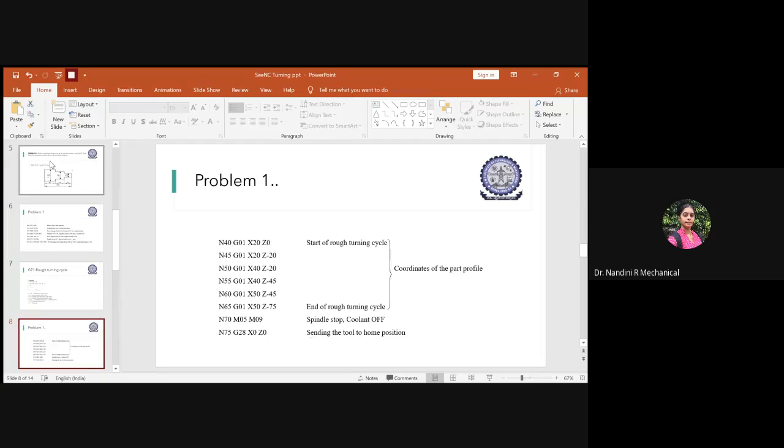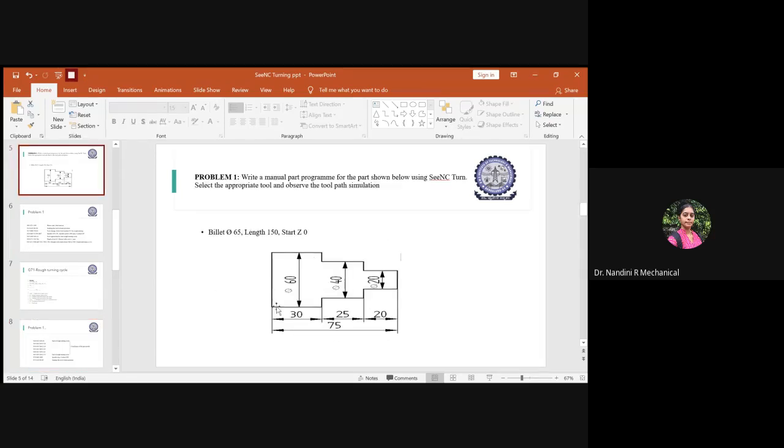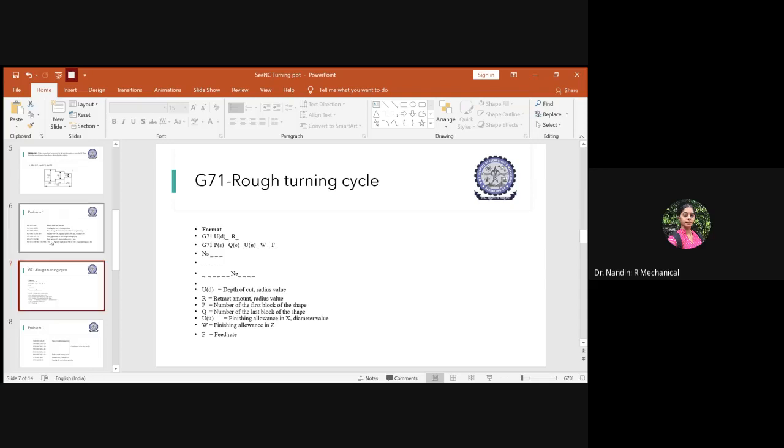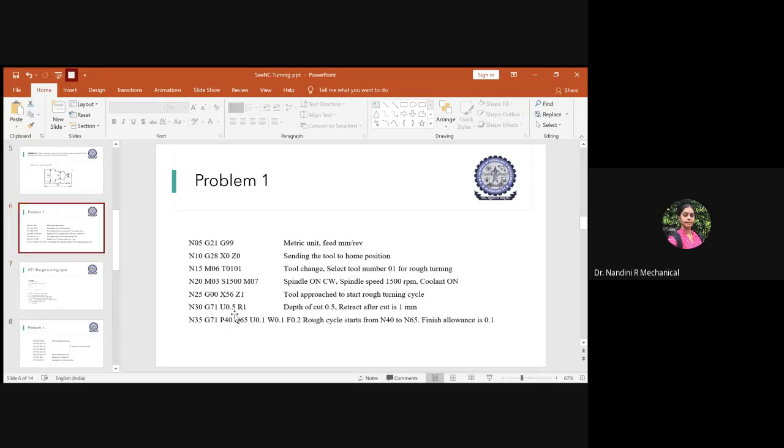Why? Because we have just got the rough turning operation done for the required block of all the three. Still the finishing operation remains. Are we not giving any depth of cut? Like in a single pass, we are removing so much material, is it? Yes, the overall depth of cut, I told you, right? Overall depth of cut is 0.5. Per each cut, you will be removing 1 mm, and for every step, it is 0.1 mm.